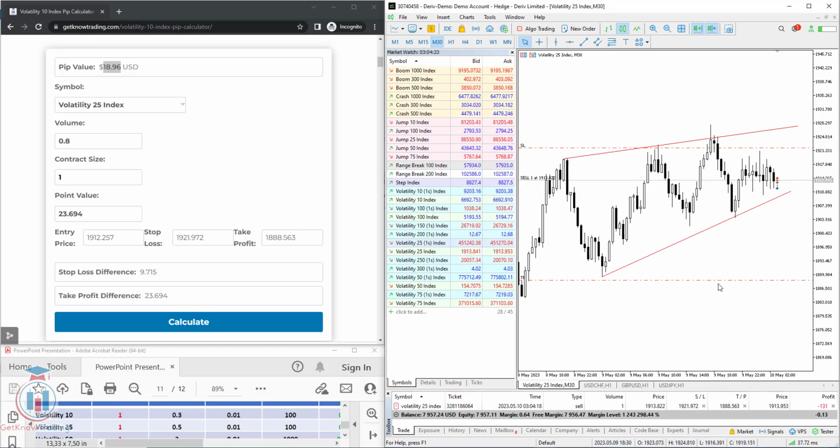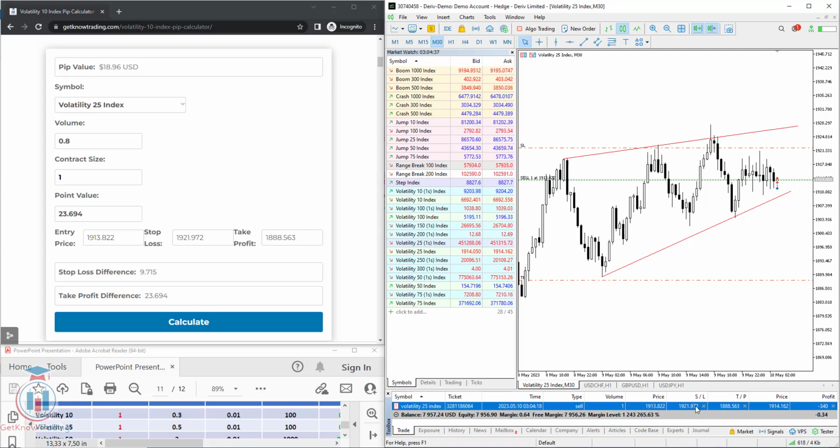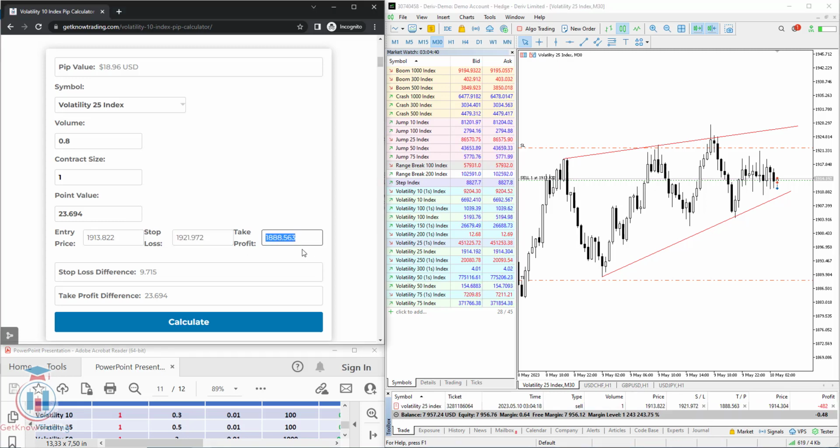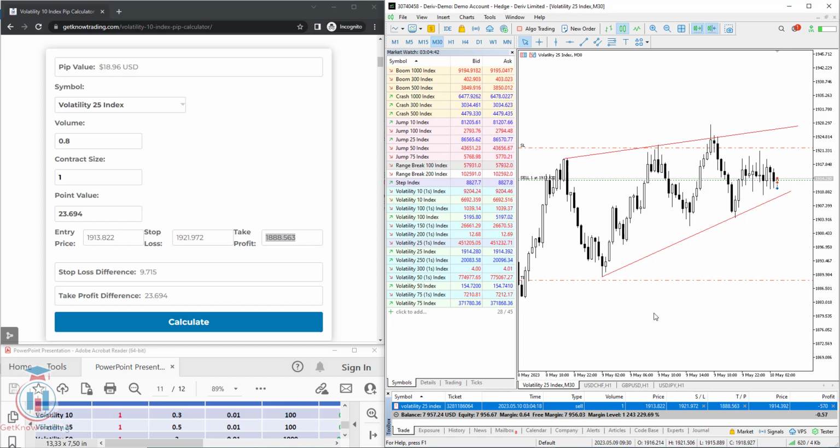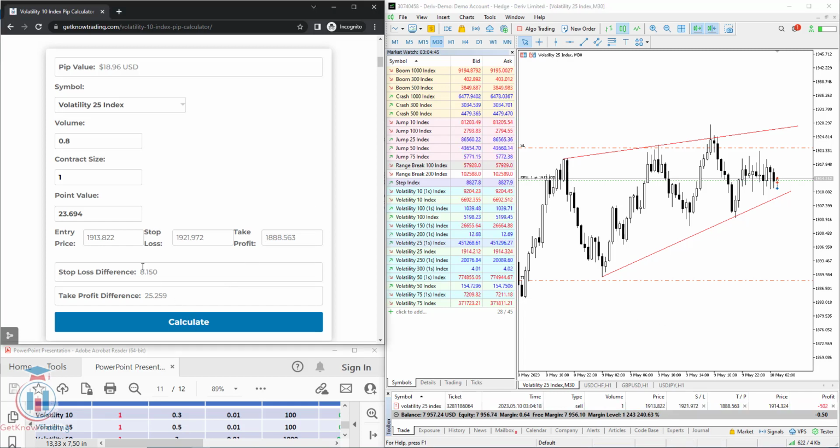I will remove these horizontal lines, and we have here the open price. It is slightly different because the price has changed since we entered these previous values. The stop loss remains the same as we have put here, and the take profit remains the same because we have predefined that. So let's check for the price. Just a minute, take profit, copy paste, and we have $20.21. If we go here to the chart and check the take profit, simply put your mouse over that,